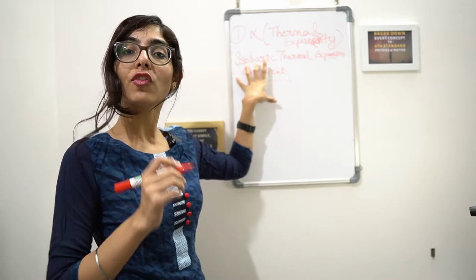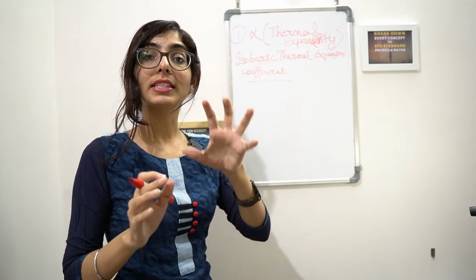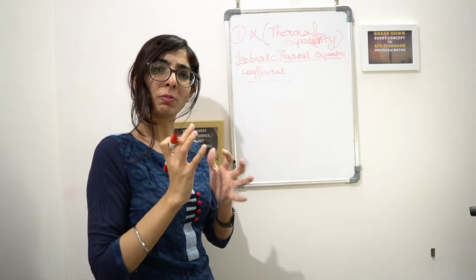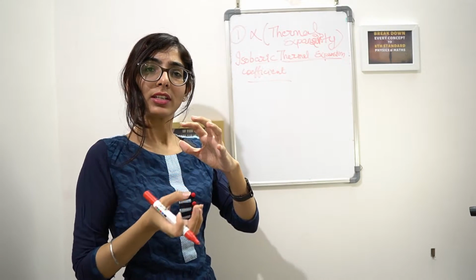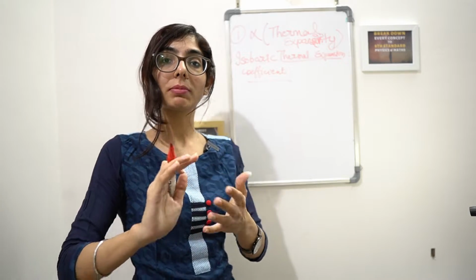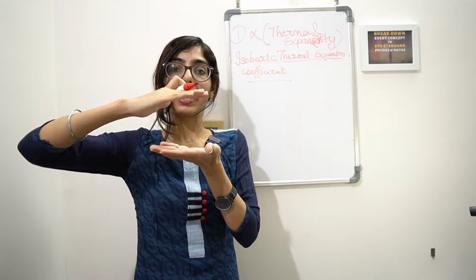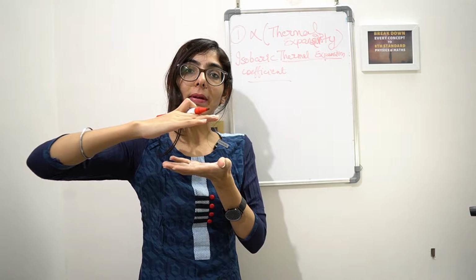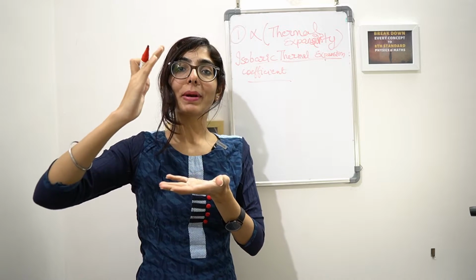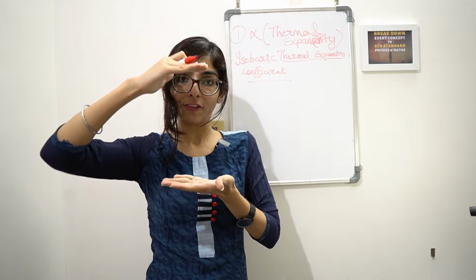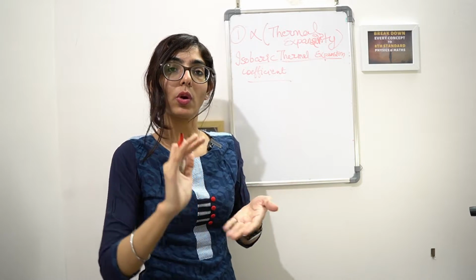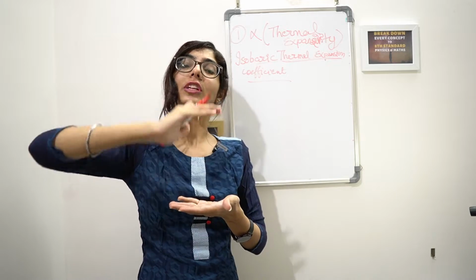So what is the meaning of isobaric? Isobaric means the pressure is constant. And thermal expansion, what are you getting from it? We are giving some temperature and heat and expansion is taking place. Expansion means suppose the system is here and when expansion takes place, it goes like this. Fine, and compression is what? Suppose the system is here and we are compressing it.